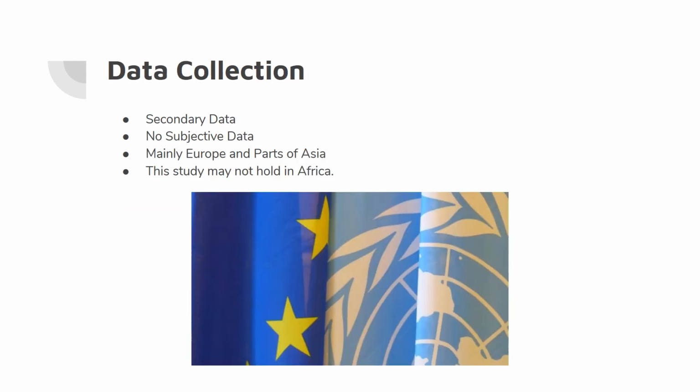Now, data collection. The data that I collected are secondary data because I do not have any access to primary data, of course. And the data I sourced are from credible organizations such as the OECD and the United Nations. So there is no subjective or biased data because I want to maintain the integrity of my research. However, most of the countries that I picked in the sample are European countries because they have available data. But for some countries in parts of Africa and Asia, I could not find any modern and factual data at least, so I did not use most of them.